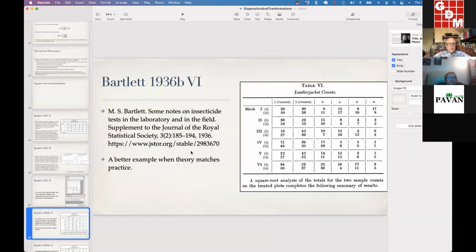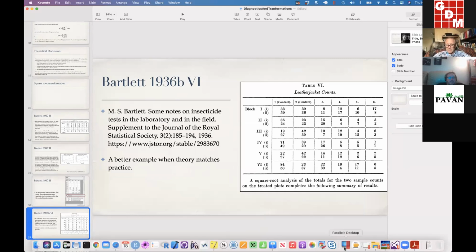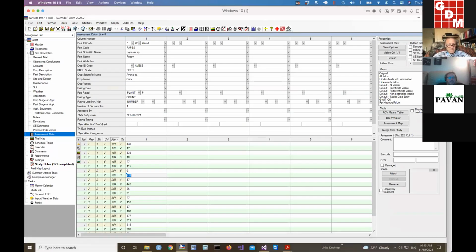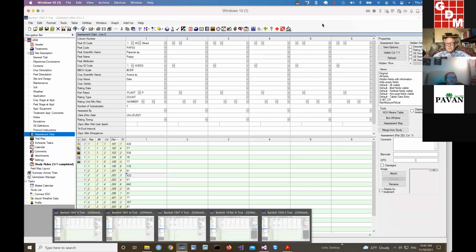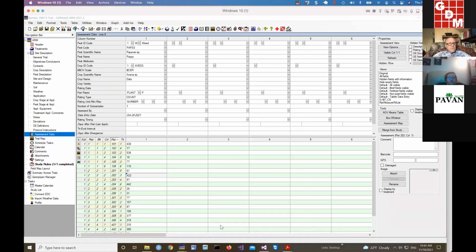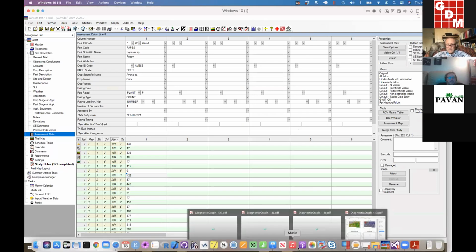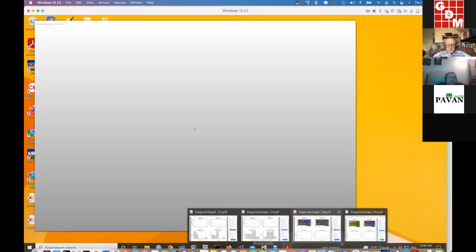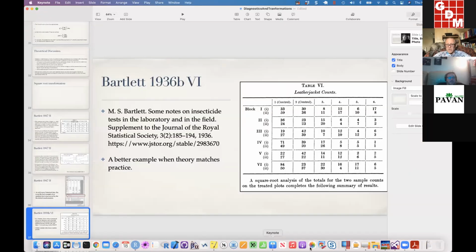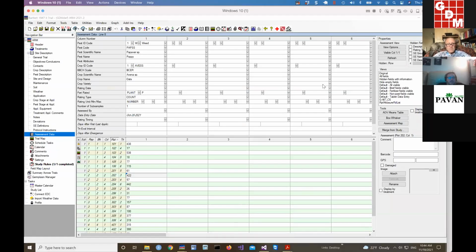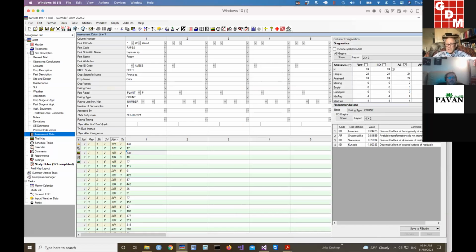A better example is Bartlett 1936, some notes on the insecticide tests, which also has count data due to the number of insects. So let's go to that one. Let's see, it was 1936B. B2, let's make sure I grab the right one. 1936 V1. And so if we look at the column diagnostics,